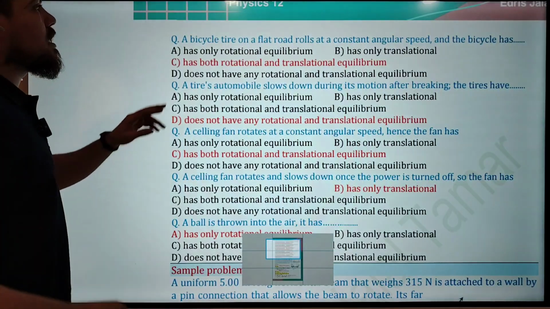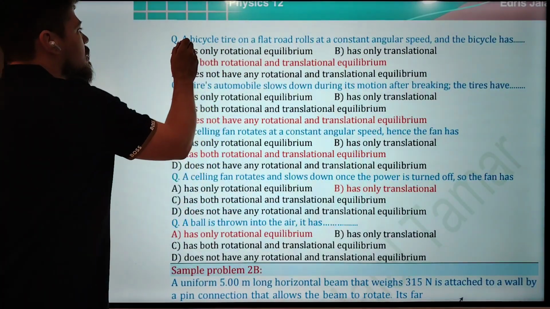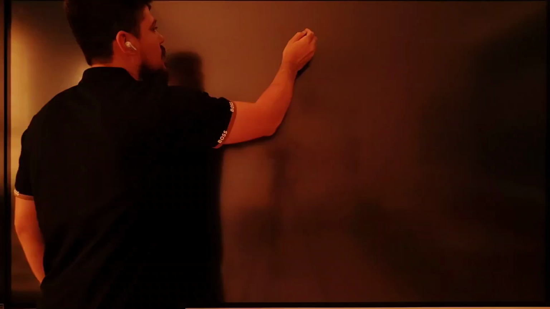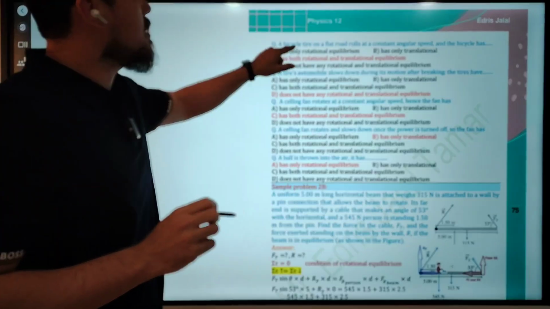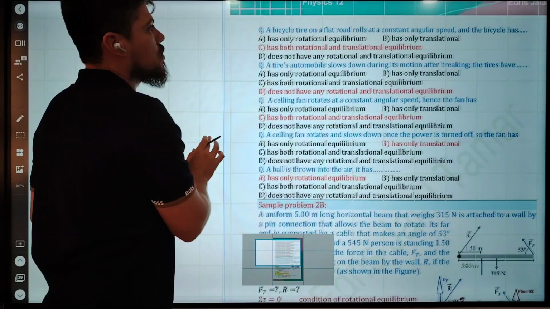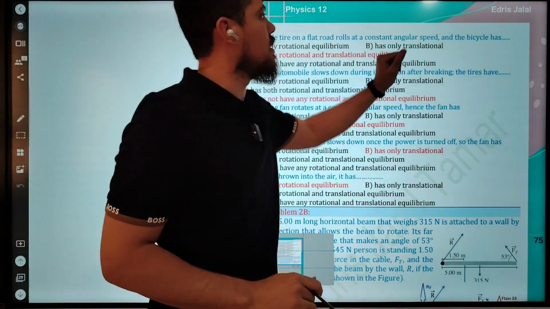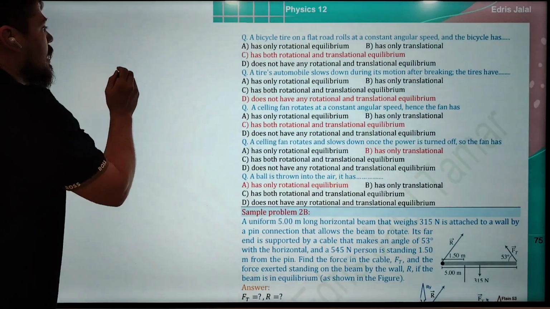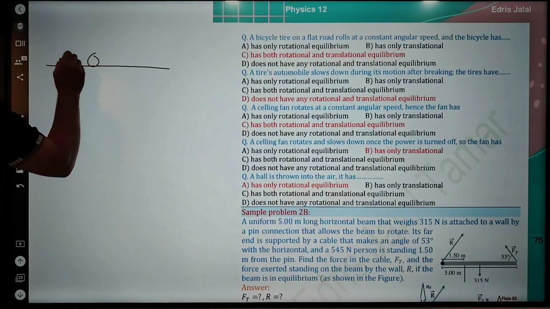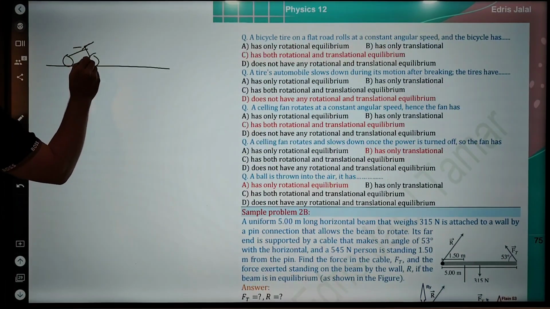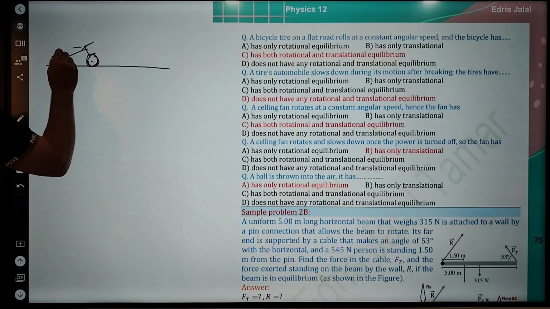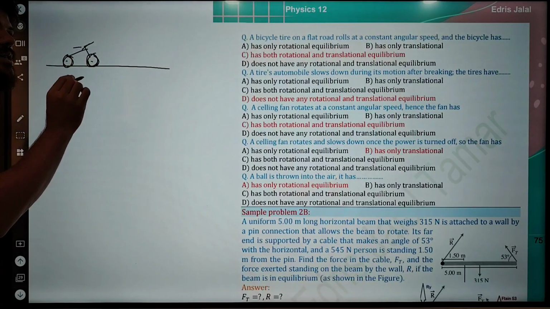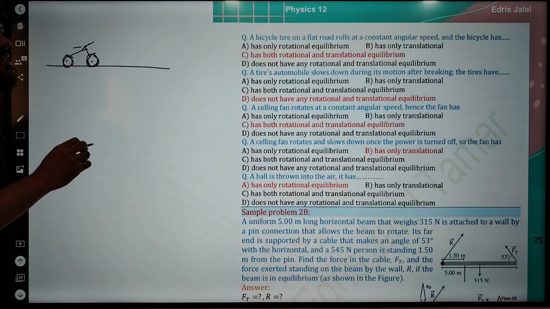A bicycle tire on a flat road. What is the question about? A bicycle tire on a flat road rolls at a constant angular speed. Which of the following is correct? Look at this question. Because the bicycle is rolling, the tire of the bicycle has angular speed, but the center of mass of the tire has translational